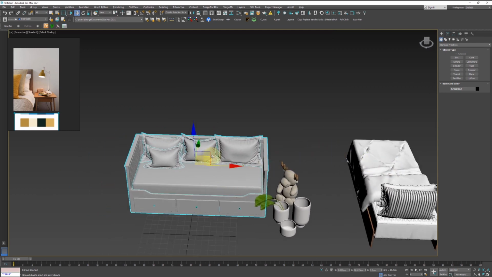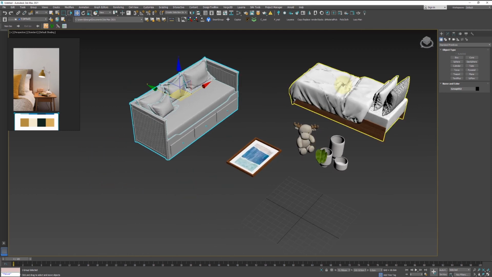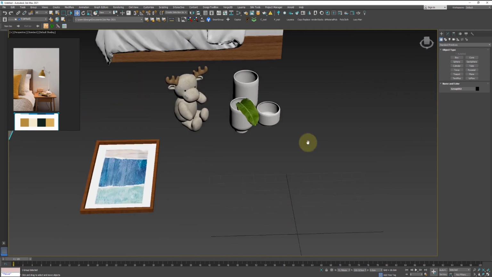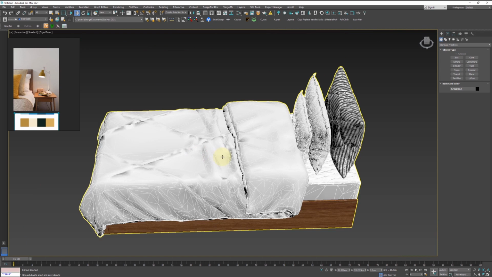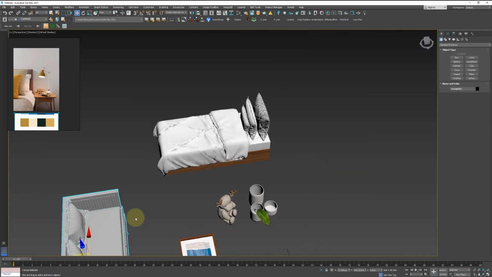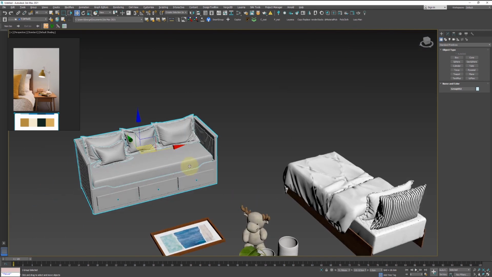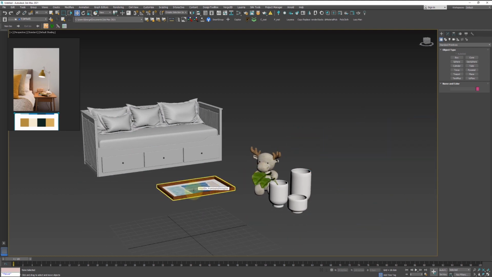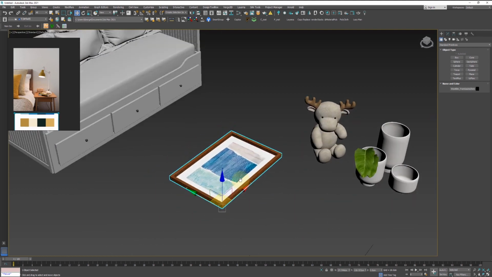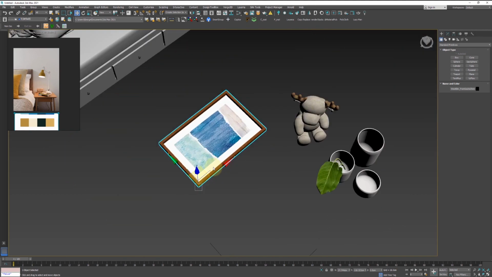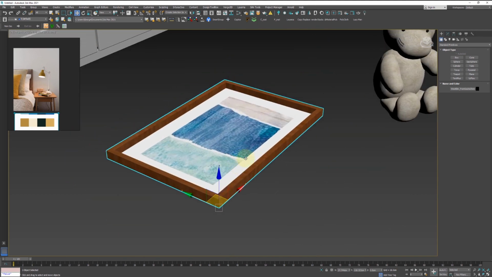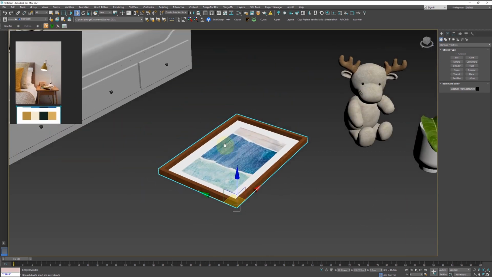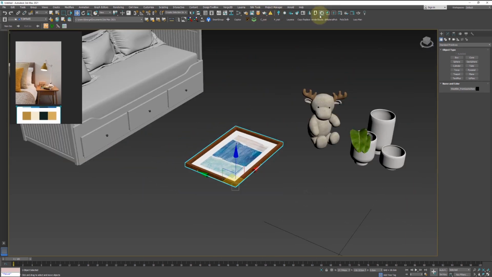This time I have imported everything which I think I will need from the folder, or maybe not. This is just a horrible model, as we can see. So yeah, let's not use this one. And this will be the painting. I like it. I directly downloaded the model from the internet, and now I'm going to select this